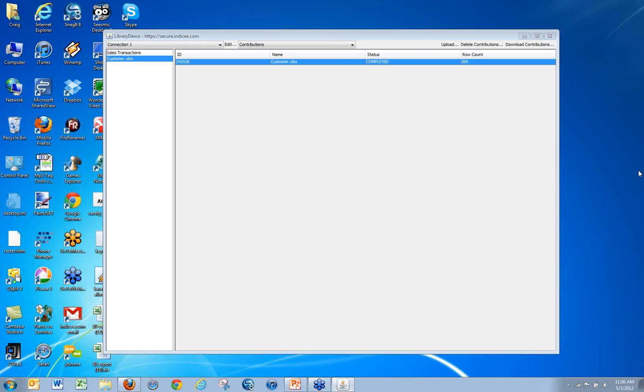So Indicee actually has a connector that works with Data Cloud, so that we might want to say, okay, I need customer data from my Salesforce system, and I need sales transactions data from my Dynamics GP system. So I would basically be going and fetching a couple of different data sets, one from each source. So I would define what the source data is I want to collect. I can actually create the queries directly within Pervasive's Data Cloud, and once those are defined,